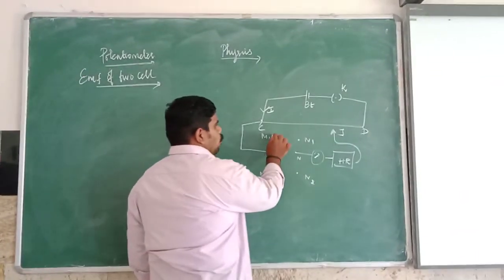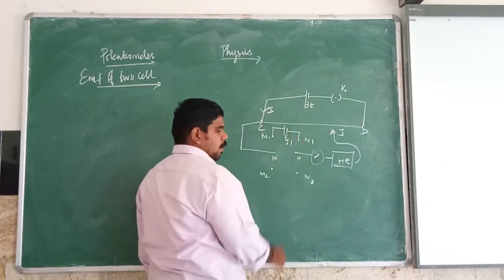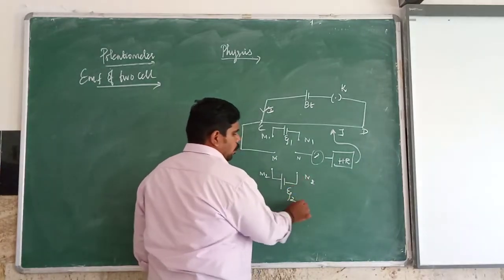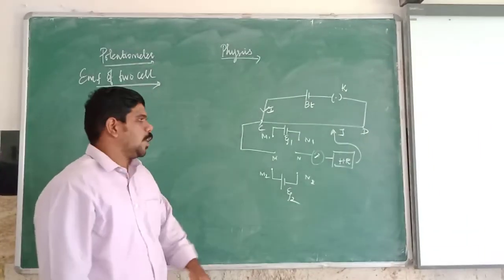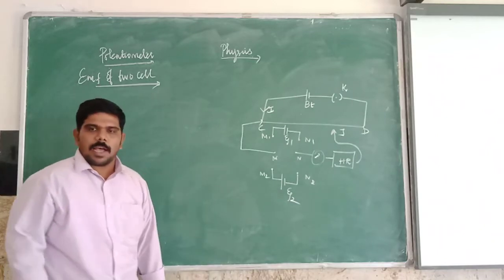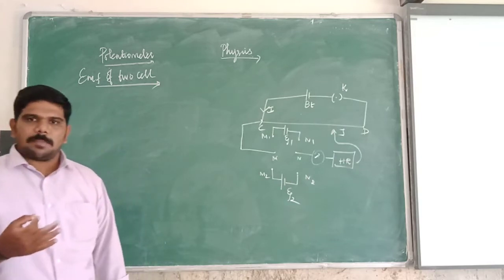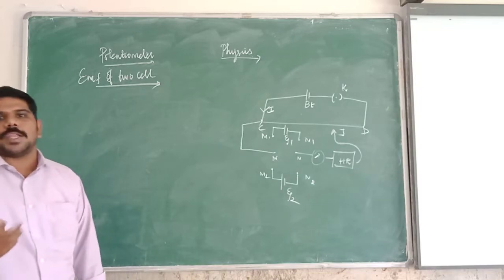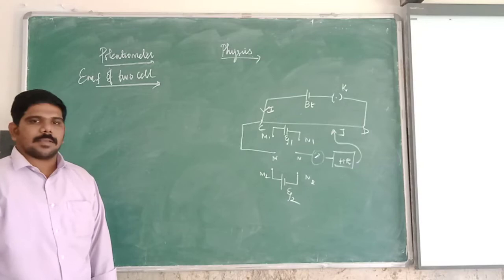Now the terminals M1 N1 will be connected to the EMF of cell side 1. The terminals M2 N2 will be connected to the EMF of cell side 2. Otherwise, the EMF of cell 1 is connected to the M1 N1 end of the DP/DT switch, and the EMF of cell 2 will be connected to the M2 N2 end of the DP/DT switch. Okay? Clear?